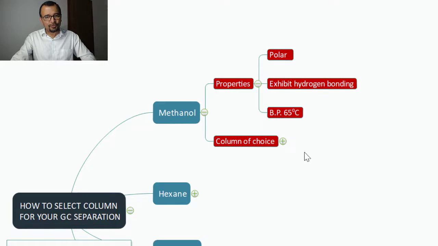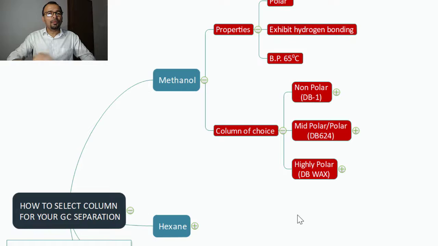So I'm going to explain by taking three examples, starting from a non-polar stationary phase, a mid-polar stationary phase, and a highly polar stationary phase. For the non-polar stationary phase, you can take the example of DB1. The example of a mid-polar stationary phase can be DB624. And the highly polar column can be polyethylene glycol, or the wax column. So these are the three important phases: one is extremely non-polar, another one is extremely polar, and the third one is in between these two stationary phases.